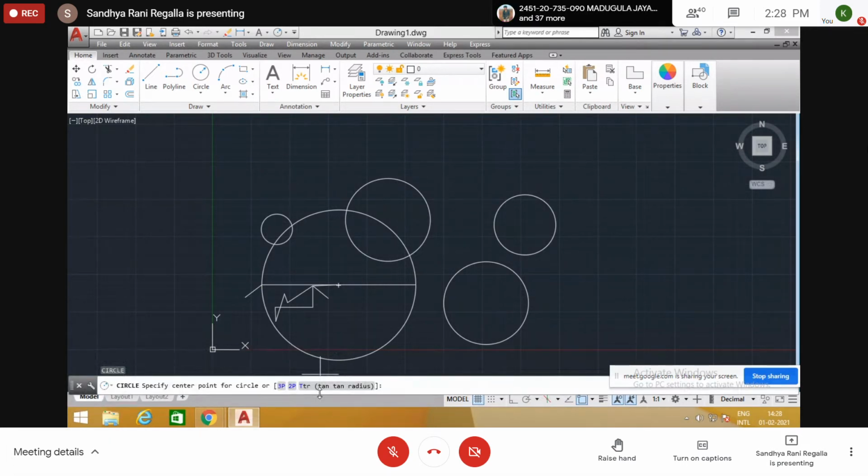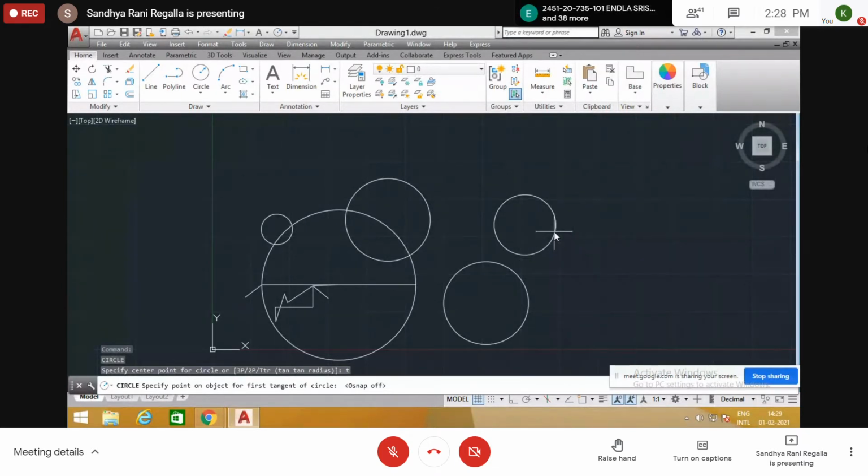Next, TTR. What is the short form for TTR? T. Only T is highlighted here. So simply T, enter. Specify point on object for first tangent of circle. If you come nearer to this circle, the tangent is already highlighted. If this O snap is off, it is not highlighted, so it is very difficult to pick a point on the circumference of the circle.